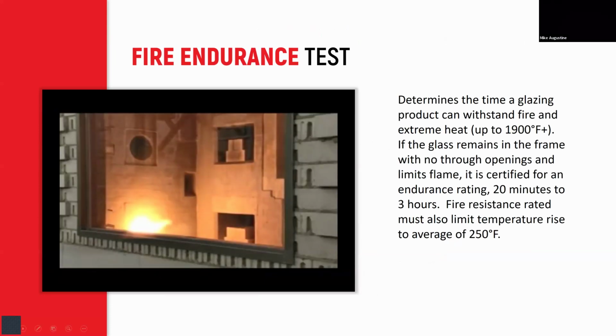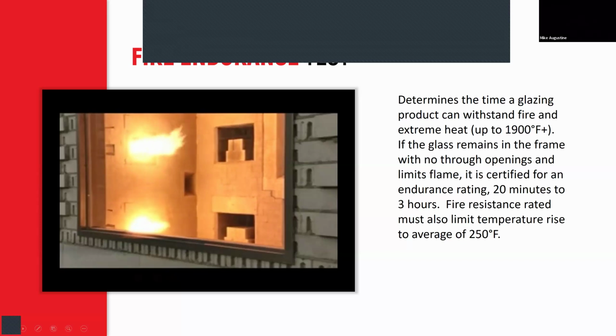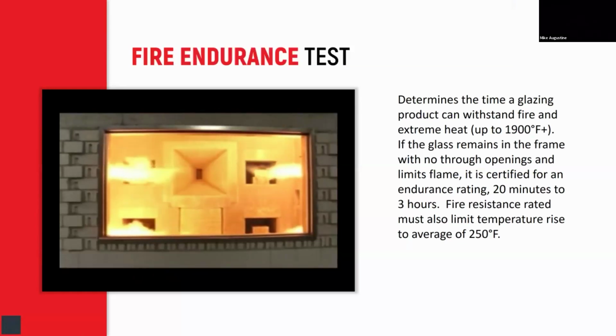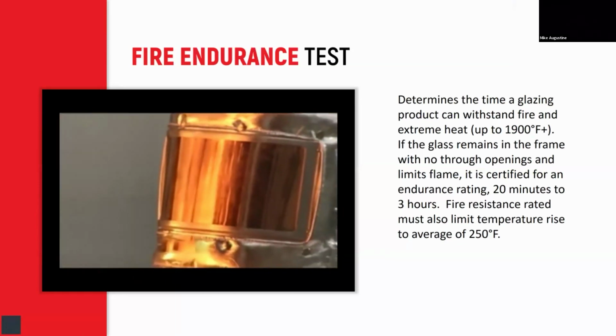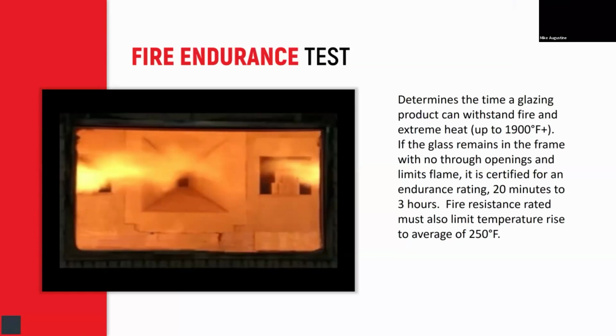So for the fire endurance test, everything has to be tested and bugged, so you'll be able to see exactly what it is when you walk up to that piece of glass. It's going to go into a heat chamber and heat up to 1900 degrees Fahrenheit. It's going to stay in that chamber from 20 minutes to 3 hours, depending on what the test is for. If it's a fire resistive solution, the non-fire side can heat up to 250 degrees hotter, but that's still considered by code the limit of the heat. You're not going to feel that